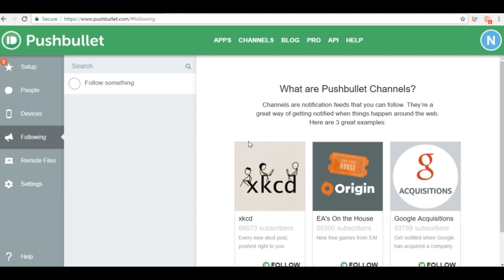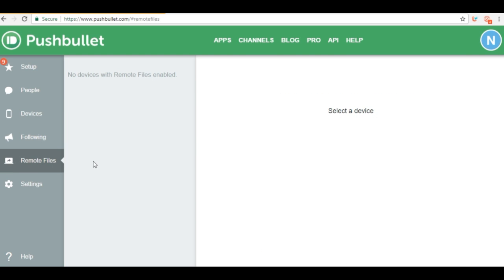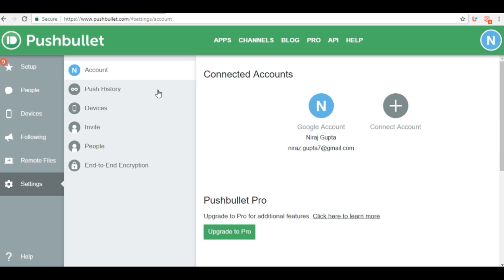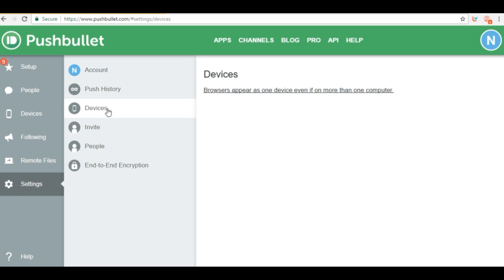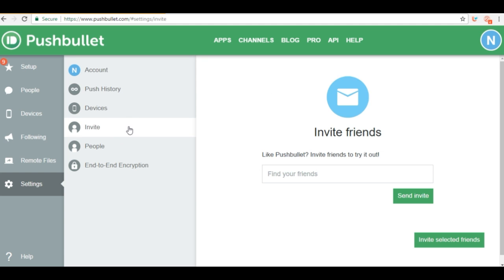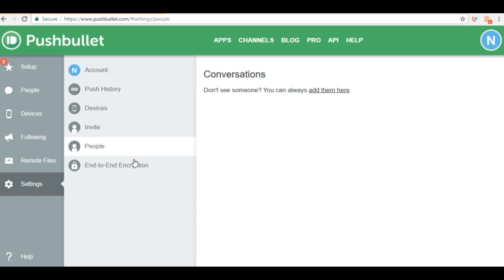Following, as we talked about, it contains various channels which you can subscribe to. Remote files is a feature in Pushbullet where you can turn on this feature on devices and see the files remotely of one device to another device. In the settings tab here, you can view the account information, like which account you are using, your push history, the devices you are connected to, the people if you want to invite someone, and the conversations with the people you are connected to,